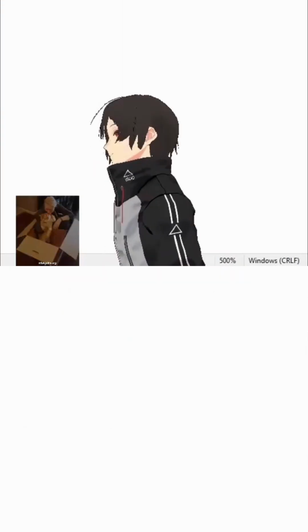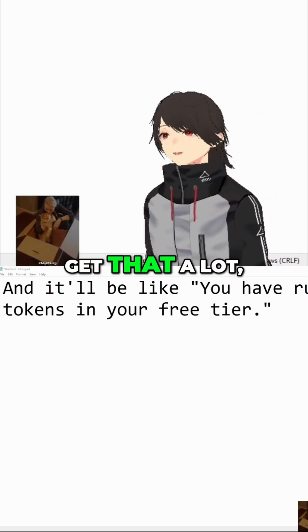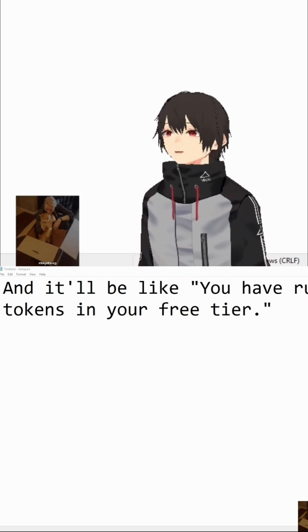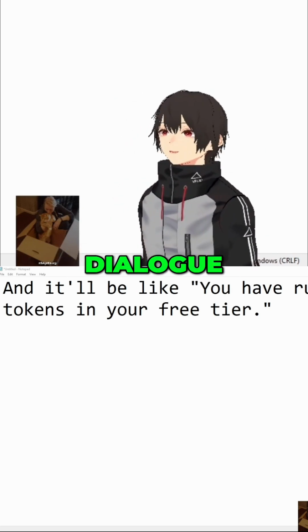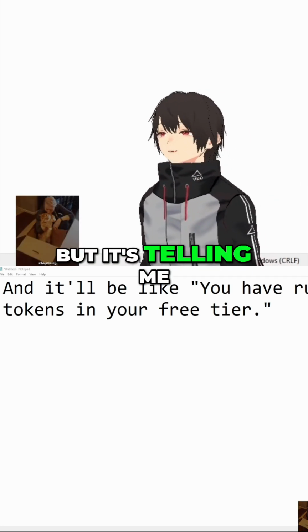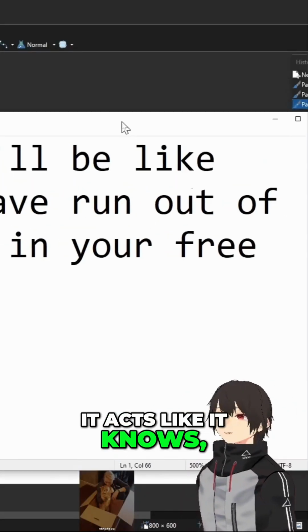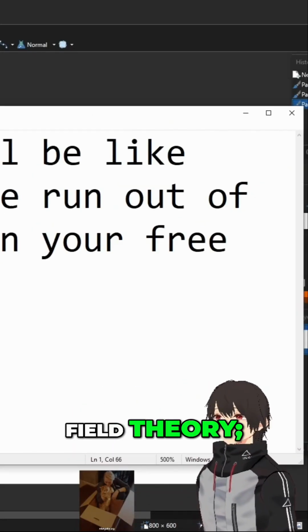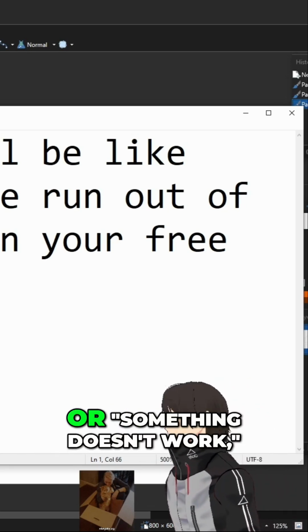That's how it feels. I think so. I get that a lot, for example, when arguing with people on Reddit. And maybe it makes sense because maybe the AI was trained on Reddit dialogue. Probably was, yeah. But it's telling me stuff and it acts like it knows, right? Like it says, I know quantum field theory, let me explain it to you. So I was like, okay, I don't know quantum field theory, explain it to me. So it explains it, and I'm like, your explanation doesn't make sense, or it has holes, or something doesn't work,